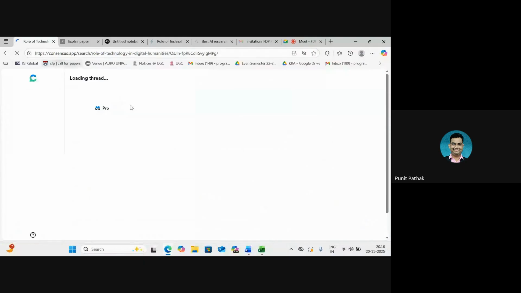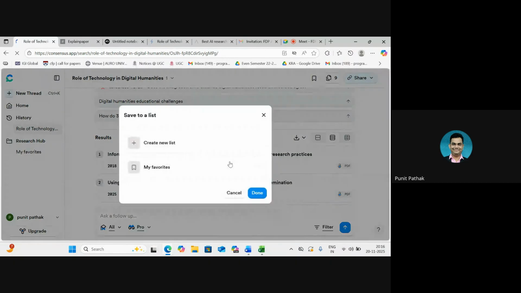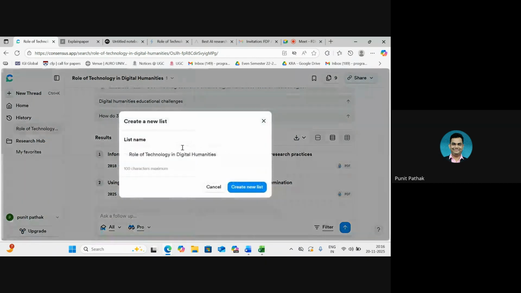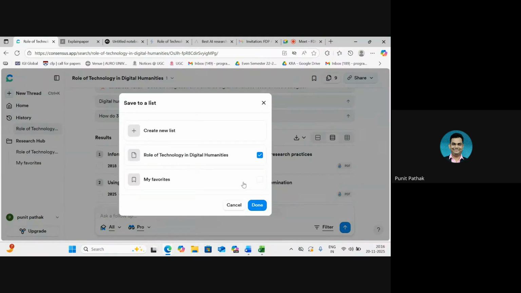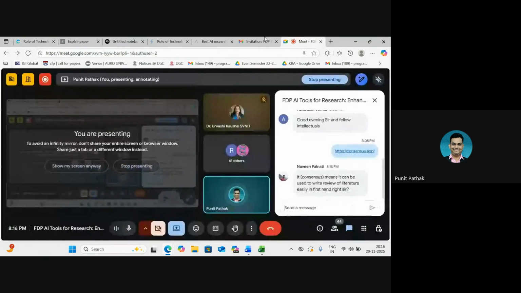So I'll just refresh it once. Yeah. I can put it in my favorites, which is the default list it has created. And I can create a new list, click on this, and then I can select which list I want it to be. Once I click on done, we can see now there are two tabs right here in the